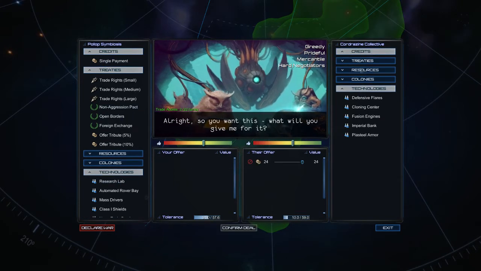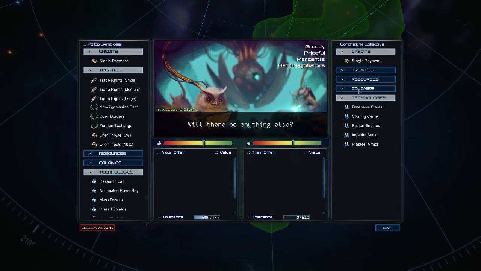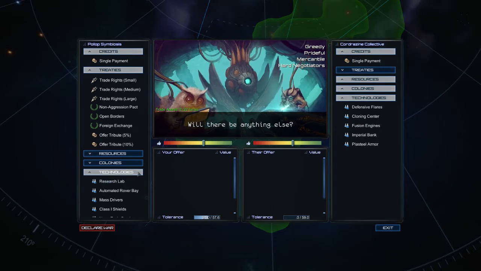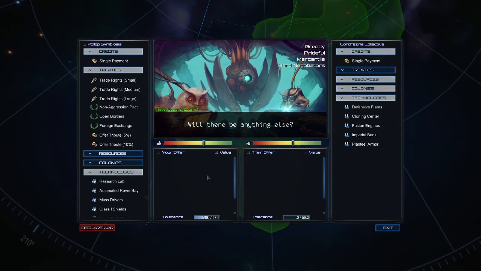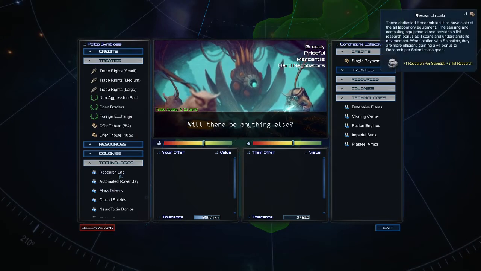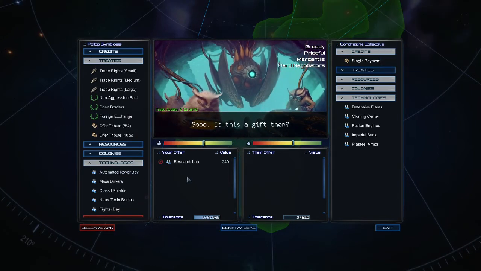How much money has he got? He's got no money. Got any resources? This guy... I don't know if we're going to be able to trade anything here, buddy. I'd have to basically give it away. I mean, I don't really care if you get a research lab. That's fine, but...